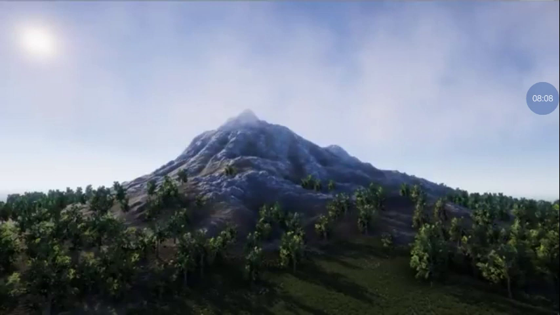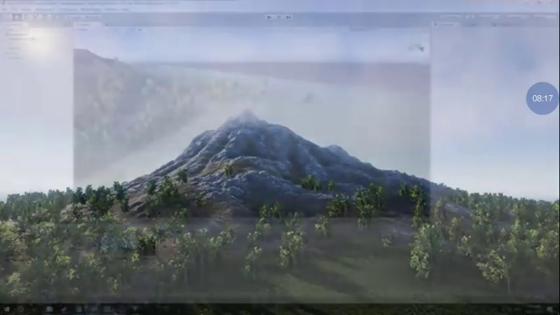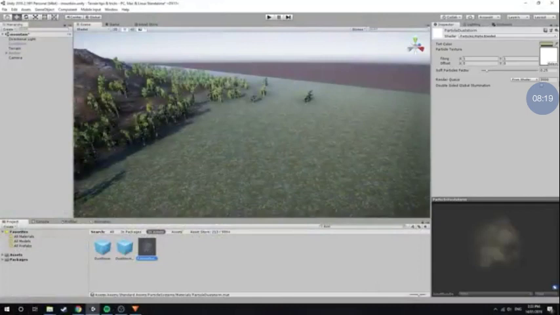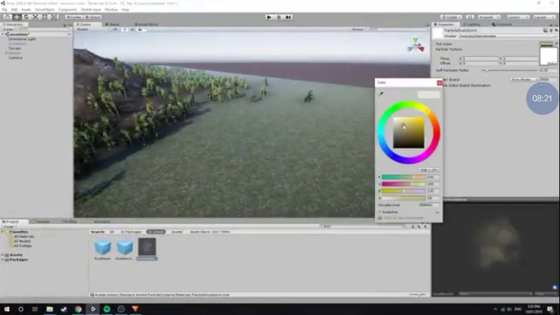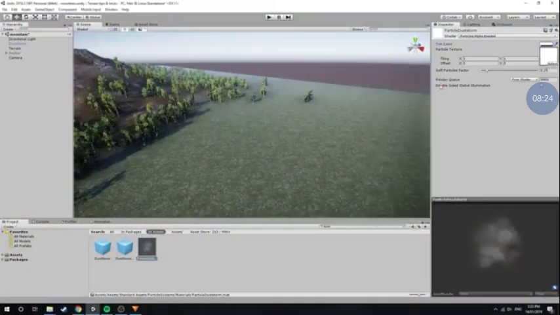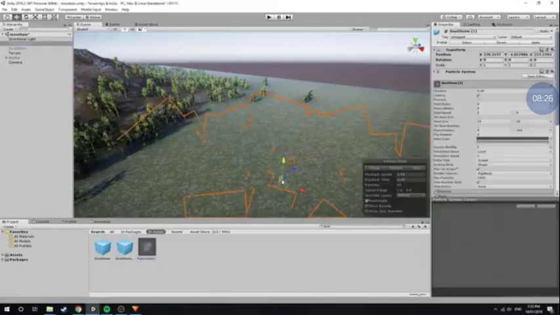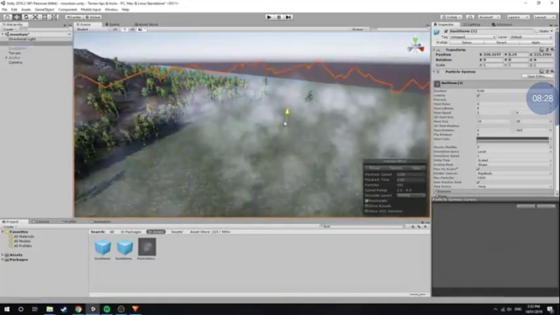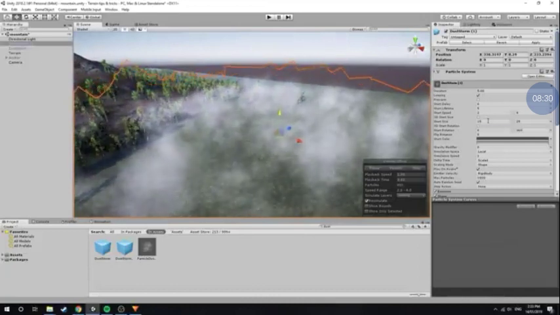An easy way to create clouds is to adjust the particle settings of Unity's dust storm particles, available as a standard asset from their particle package. What you need to do is change the particle texture tint to white, then increase the particle size,